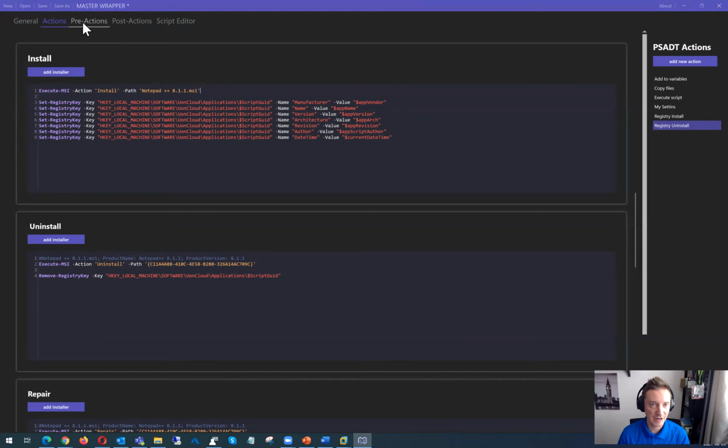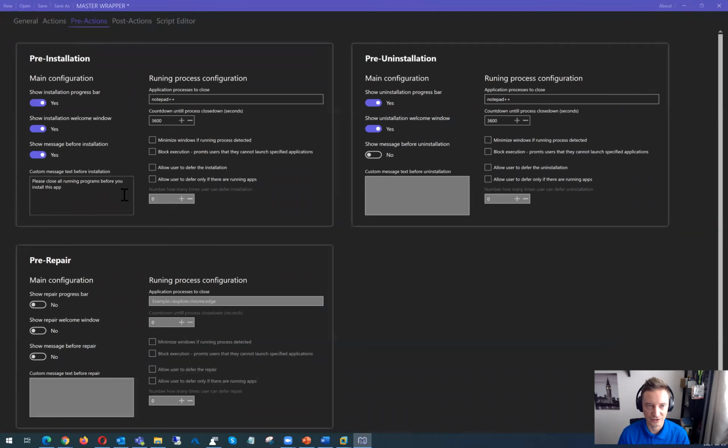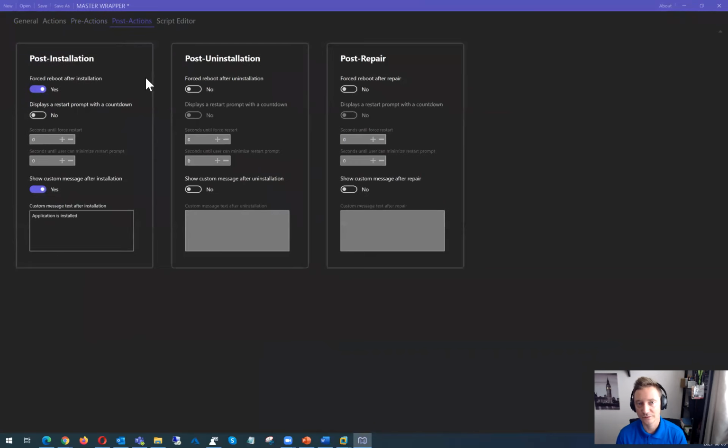And this master wrapper allows me to set some additional settings like pre-installation actions if I need to close any process that is running on the machine, or post configuration as well if I want to force a reboot on the machine or add extra messages, as well as specific exit codes. All right, let me save this